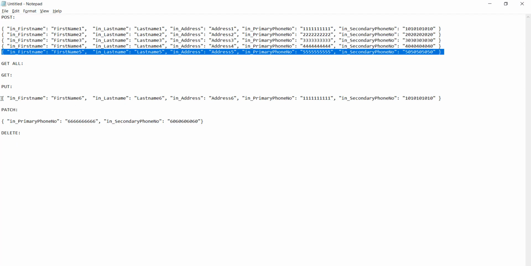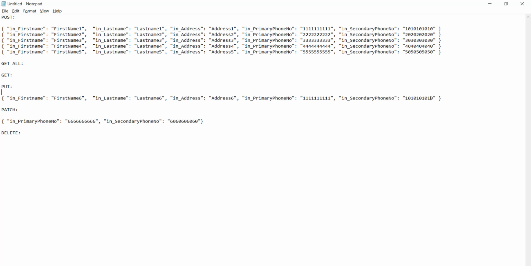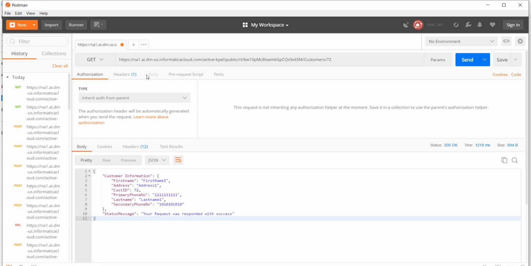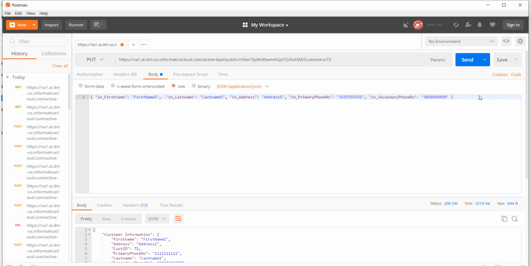Let's presume for now that we want to change this customer, because we still want to use the same ID, but this customer has changed completely, so we're going to be using the put verb here. So I'm going to pass all the information to update this customer. I need to pass in what I need to change, which is updating everything here: the first name, last name, address, and the phone numbers.